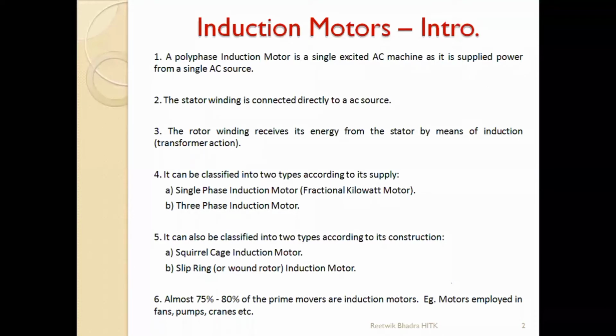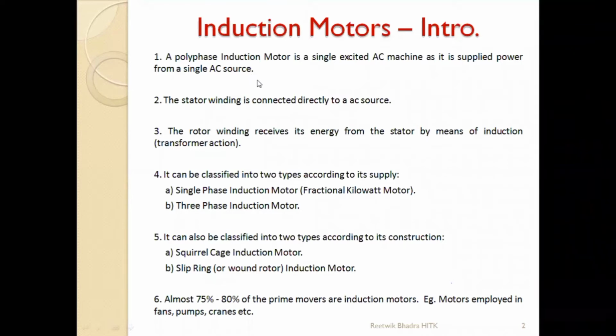So basically in this motor also we'll have two parts: one is the stator and one is the rotor. I'll skip the first point and go to the second point. We have stator winding and rotor winding. Same thing: stator for stationary, rotor for rotational. Stator stands for the field, which is the equivalent in a DC motor. Rotor stands for the armature in a DC motor.